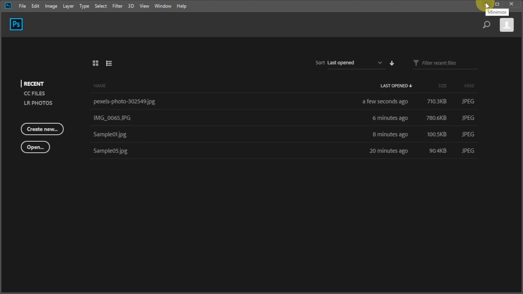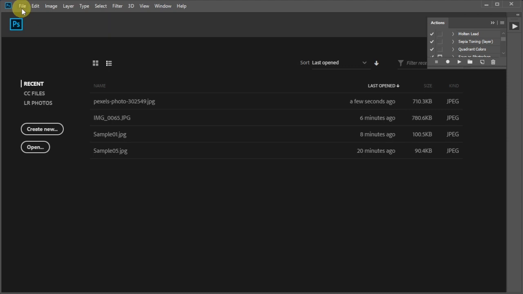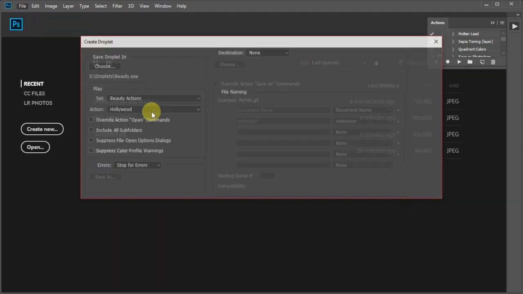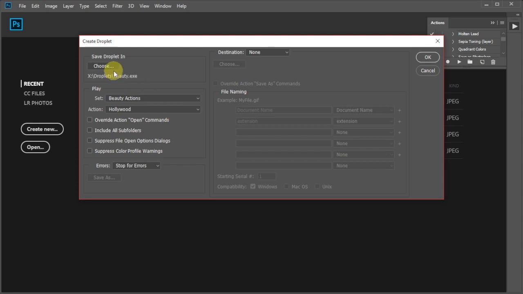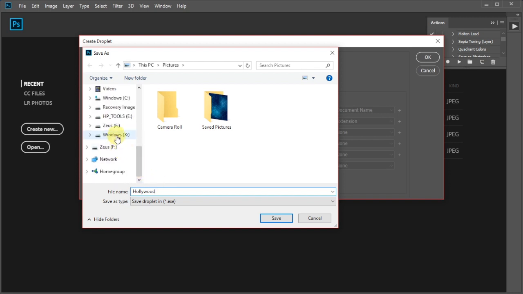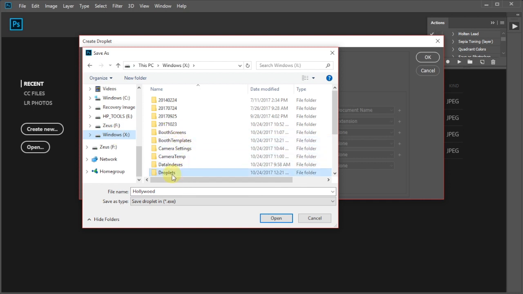Next, we'll be ready to execute and create our droplet. So we're going to go to File. We will click on Automate. And then we're going to create a droplet. And from here, we're going to go in and we'll choose the location that we want to save the droplet in and change the name of it. I've got it saved here to the X drive to a folder called Droplets. And we're going to tell it which action we want to execute